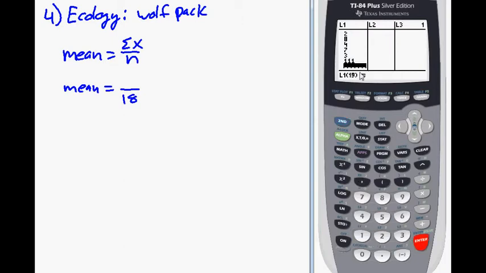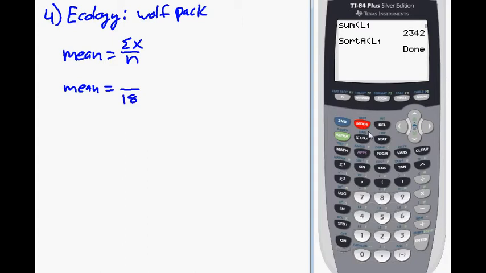Oops, oh, I did that from within the list, so that's not good. I have to delete that. So yeah, what I have to do is second quit so I get out of the list. And I'm gonna just go back one. Alright, so the sum is 103, which means our mean